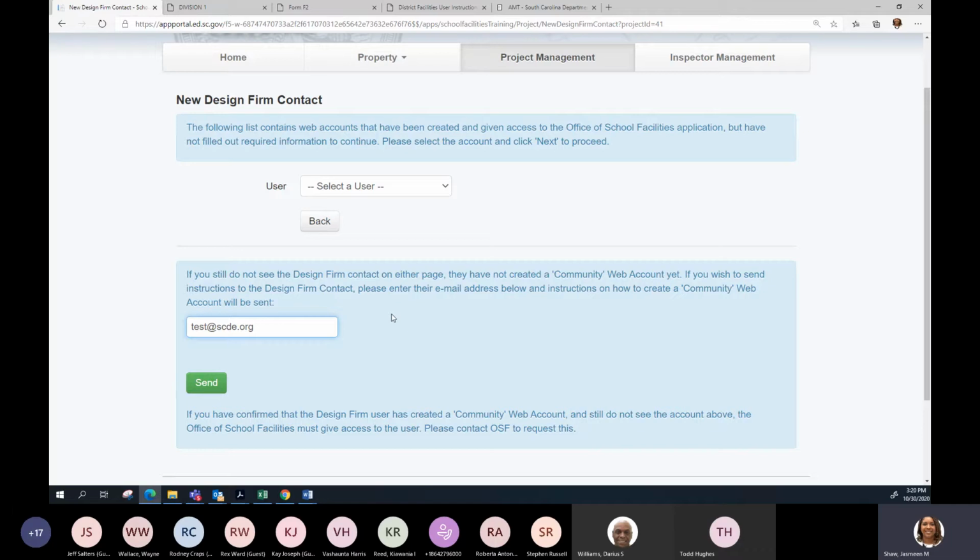All you have to do is put in their email address, and they will get that email, and then they'll follow step-by-step instructions as to how to gain access to this application. If you recall, Darius had served that role, where the design professional will reach out to Darius in our current process to get them access to the portal. But now this part is electronic.